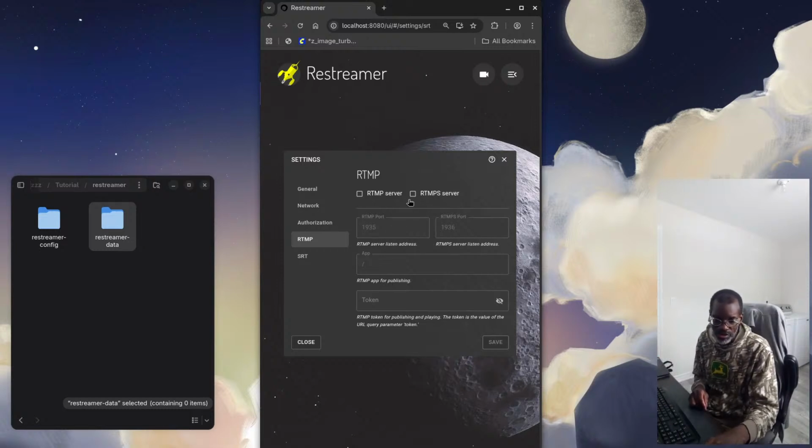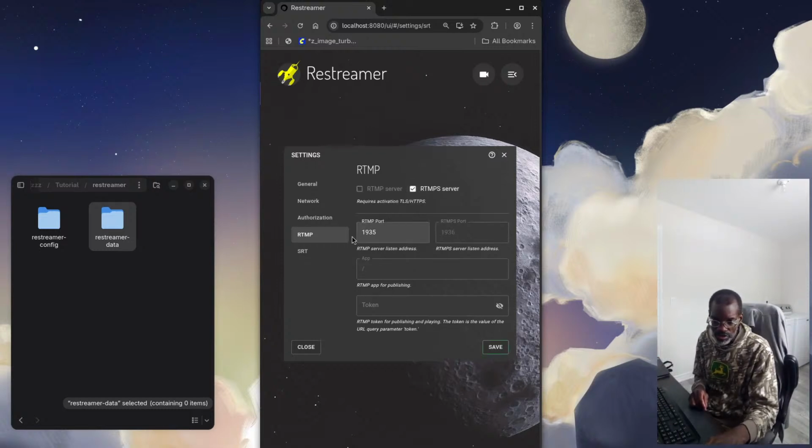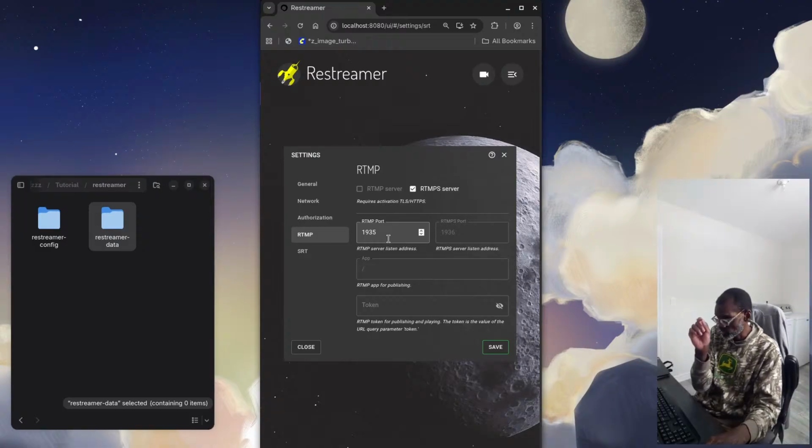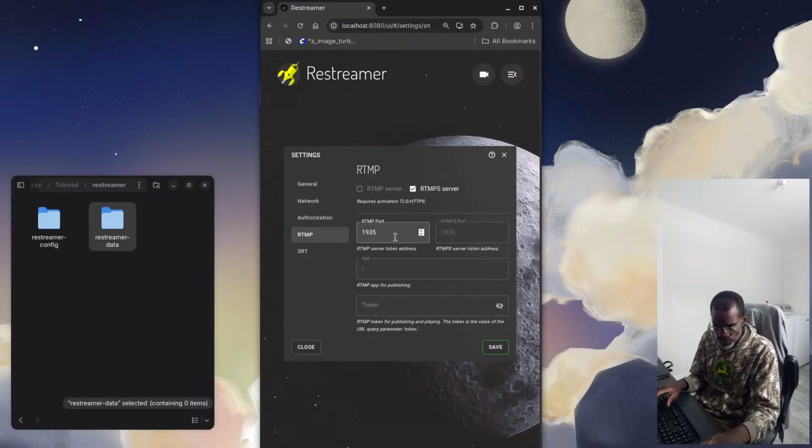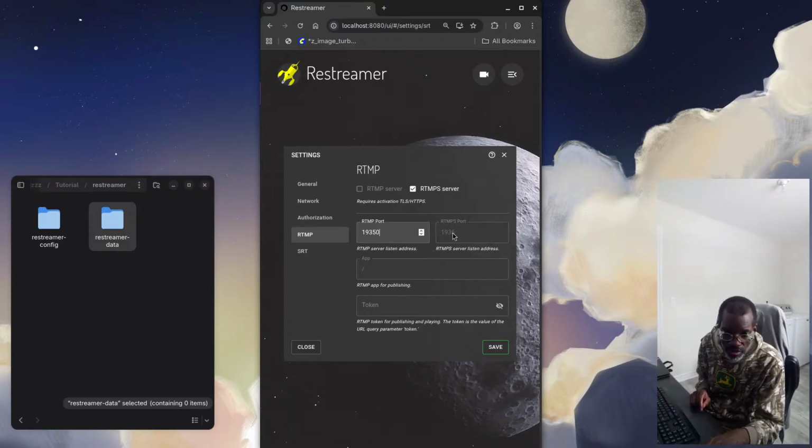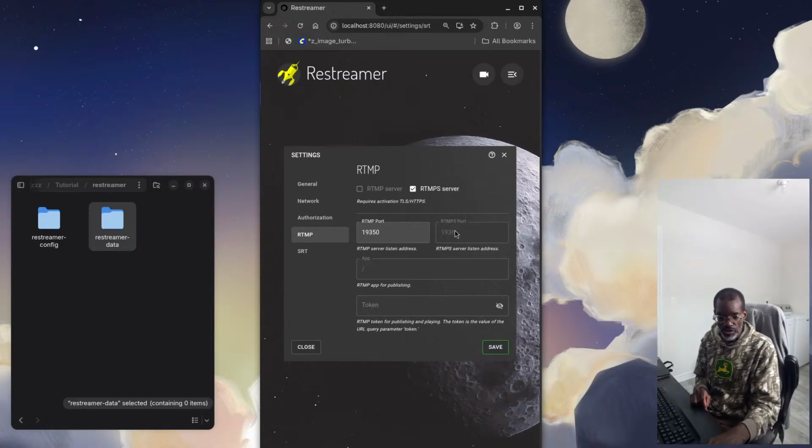As you can see here, you can obviously enable this, and you put the port number. Remember we added a 0 for hours, so you can put that one. Then in OBS, for example, I think I took a screenshot of this. If you're going to use the RTMP server, RTMPS.